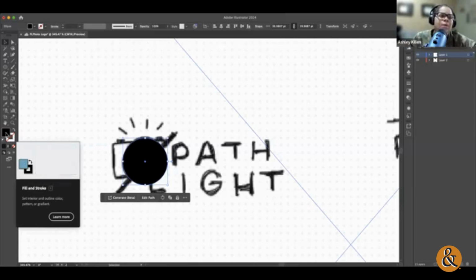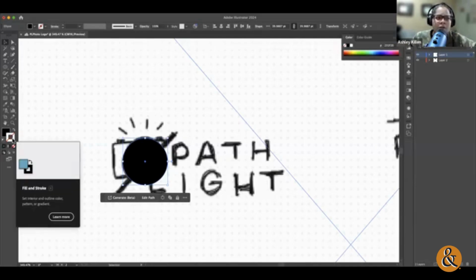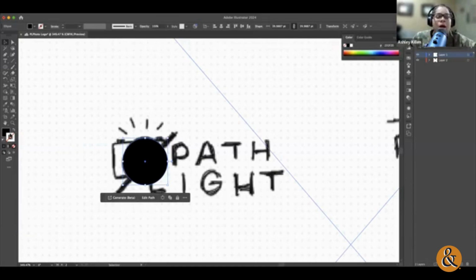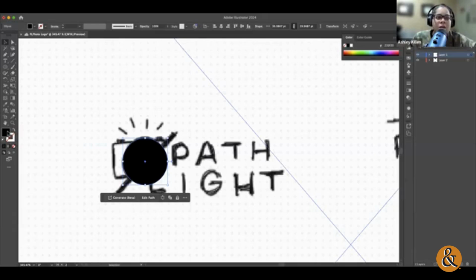Again, what's nice too, Adobe, hold your mouse over this. It'll tell you the fill is on the top, the stroke is on the back. If you were to click either one of these, when it comes to the front, that means that's what you're working with. I want my stroke to be black. Actually, no, I want my stroke to be a different color so it stands out from my overall design. I want my fill to be transparent. So I don't want any color. So thankfully, we have these default